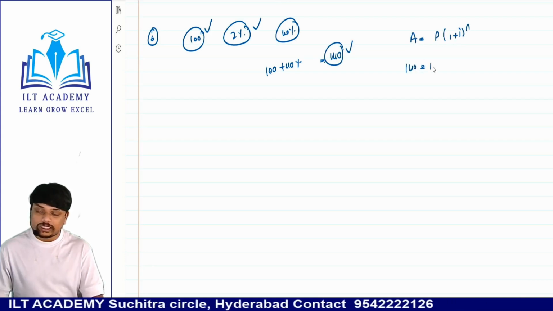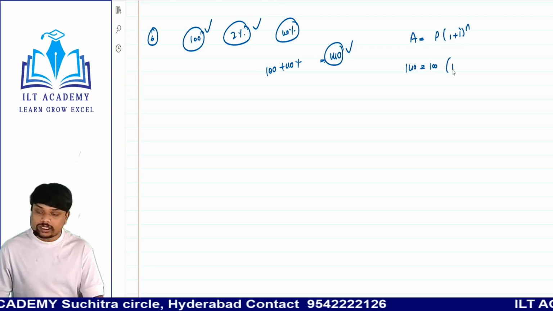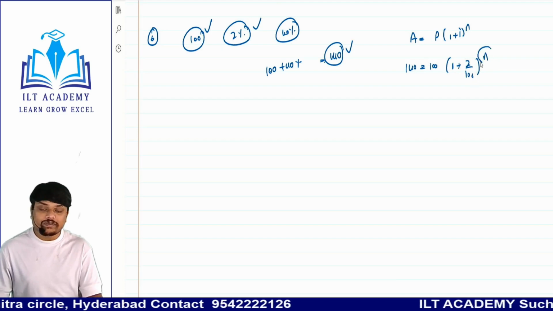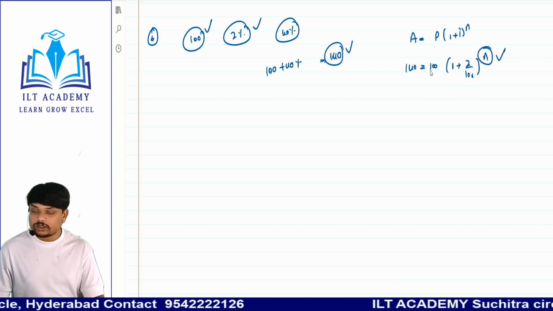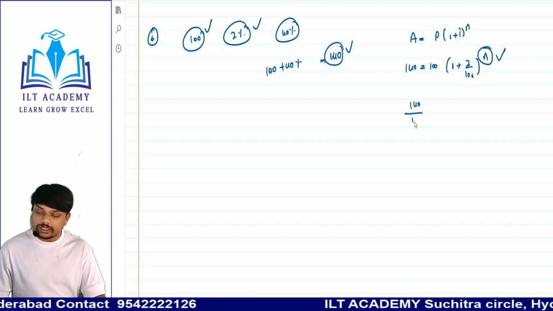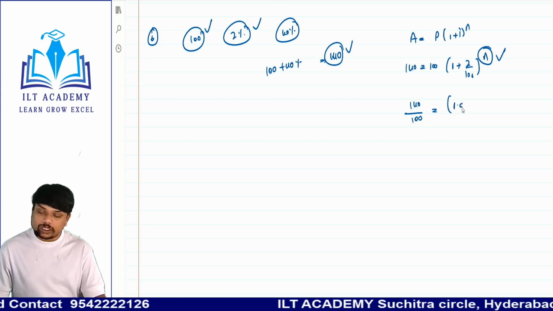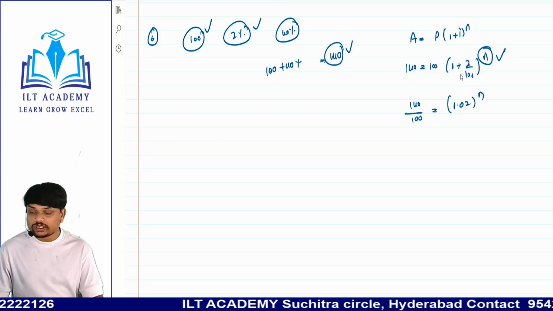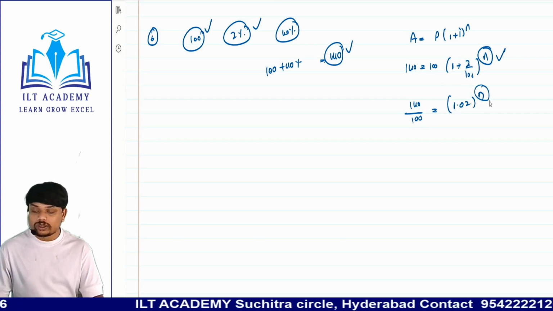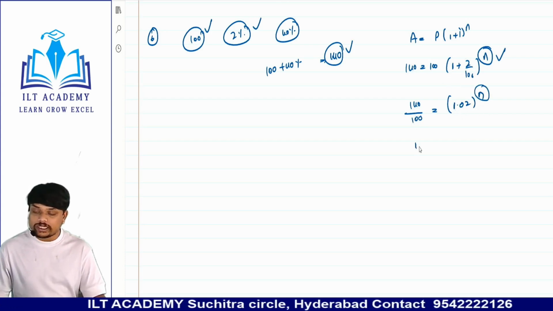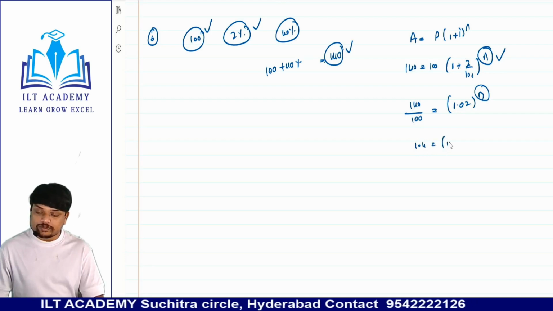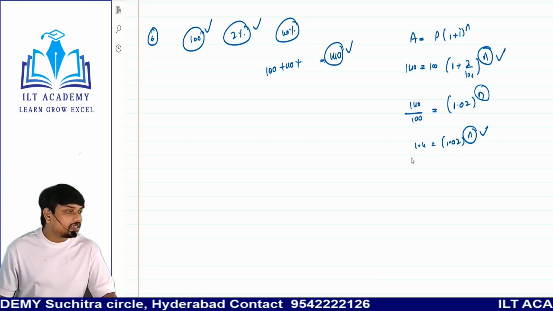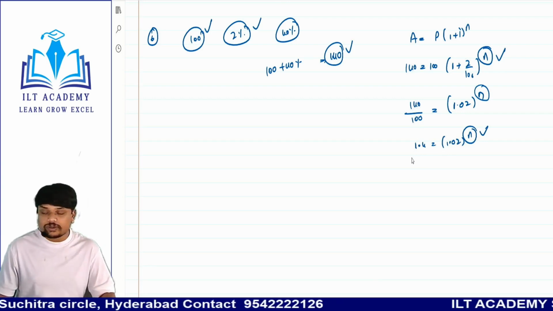So 140 is the amount, 100 is the principal, and 1 plus the growth rate, 2 by 100. Now again n we don't know. So bring this 100 over here: 140 divided by 100 is equal to 1.02 whole power n. 2 by 100 is 0.02, plus 1 is 1.02 whole power n. Now 140 divided by 100 is 1.4. Now we don't have that much time to do logarithms and anti-logarithms in the exam. So what you can do over here is,